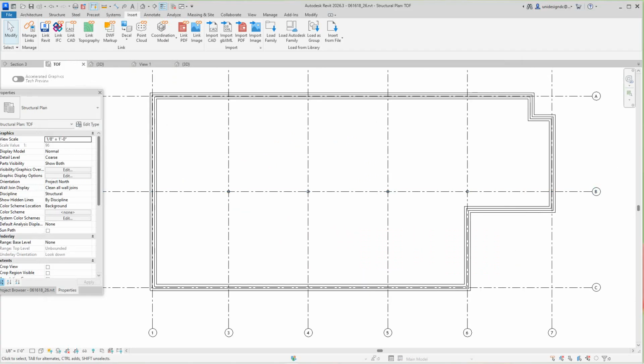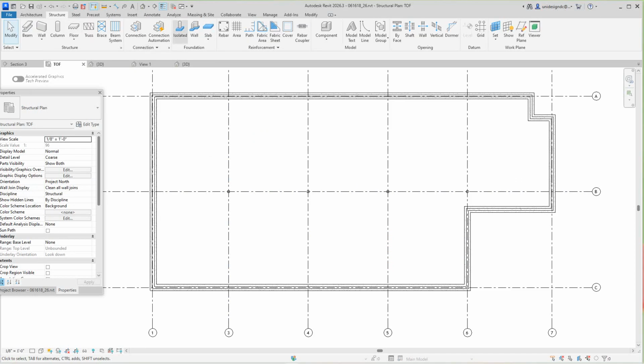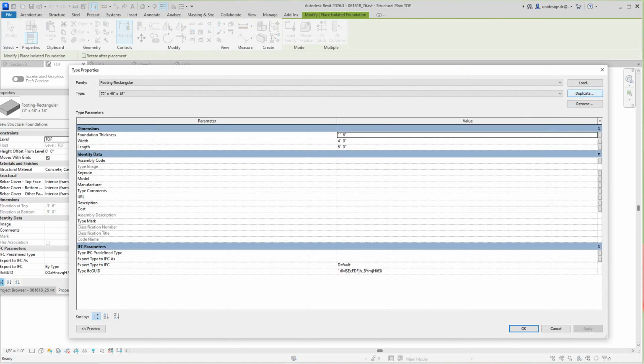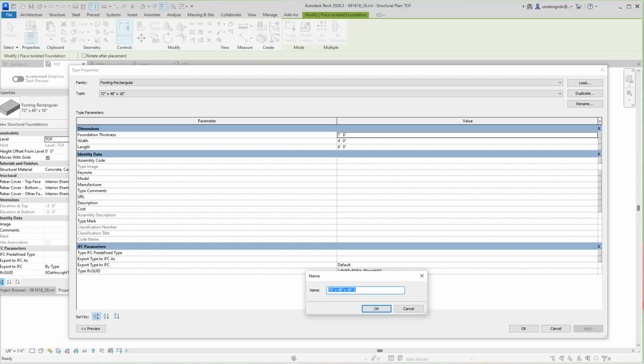and I'm going to place, let's go with our structure, isolated, and now there's our footing. So I'm going to edit this type right here, and I'm going to duplicate it. So right now you've got a 1/6 by 4 by 6. Let's just do this, let me see. This won't sit deep. We might want to make that,